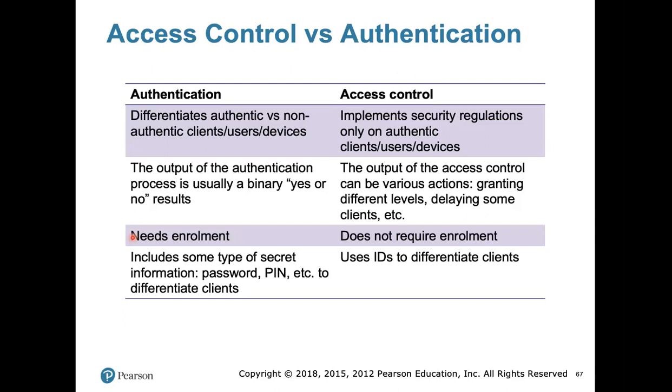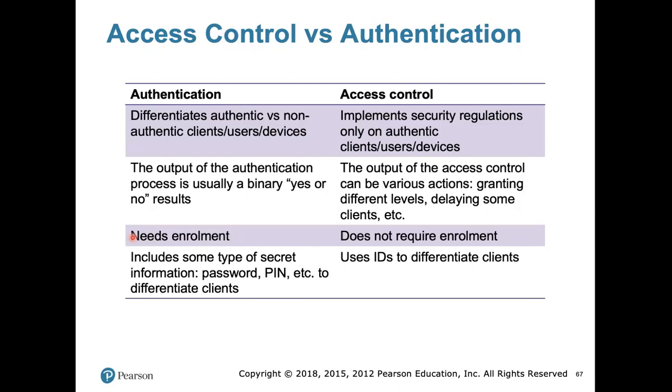And the last thing is about having some type of secret information in authentication. We have some type of secret information in authentication that might be, for example, a password, PIN, or let's say some kind of biometric characteristics. These are all required in order to differentiate authentic users versus unauthentic users. And again, we don't have such a thing in